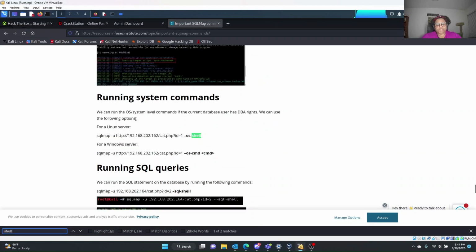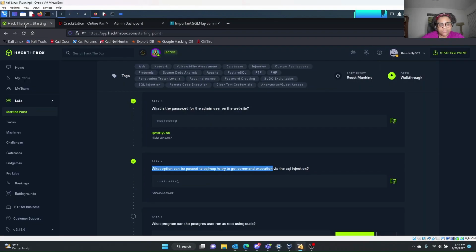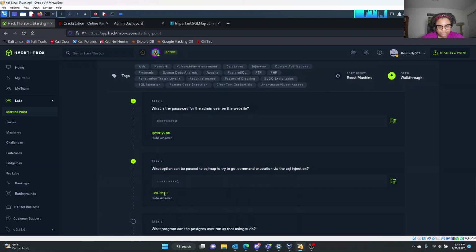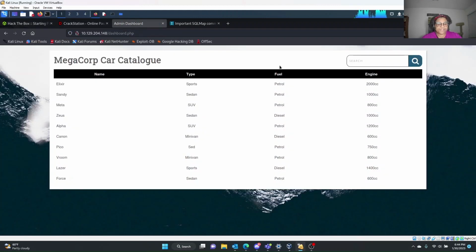Okay. The question is what can be passed to SQLmap to get command execution. So with command execution, we want to get a shell. So the way to do that is OS shell. Yep, it's OS shell. So now, okay, we have the admin dashboard and we know we have SQL injection,